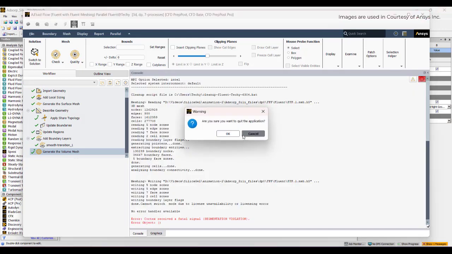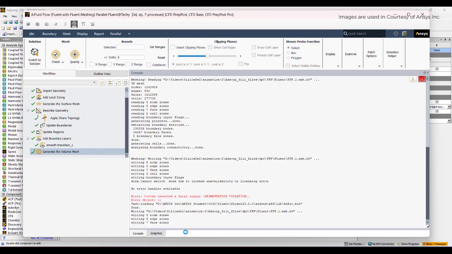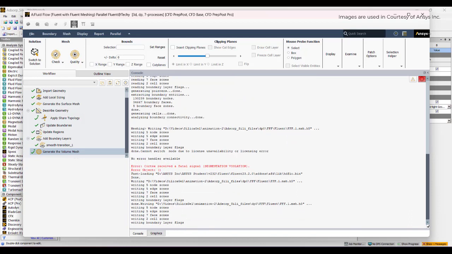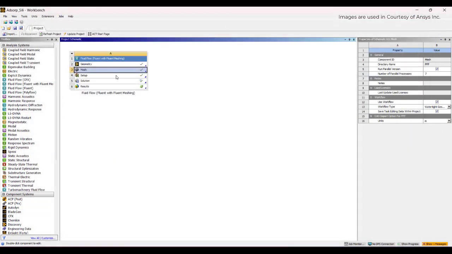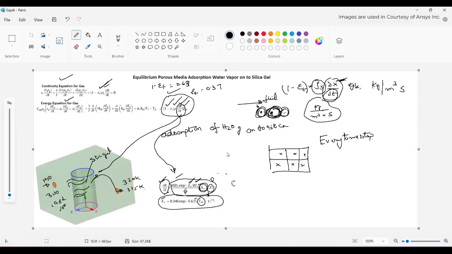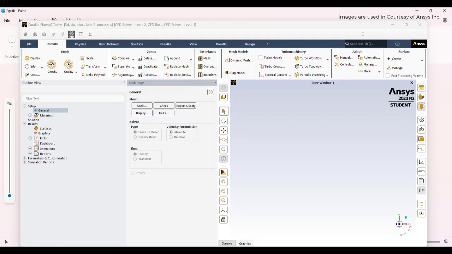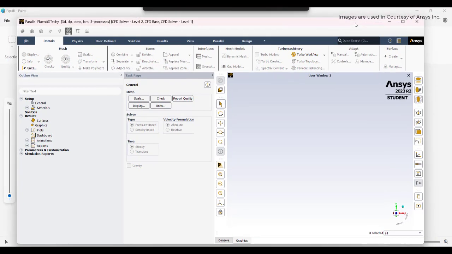Okay, so I'll just open it for you. You can use only 4 cores. Double click on setup, just 4 or 3. So once this opens,